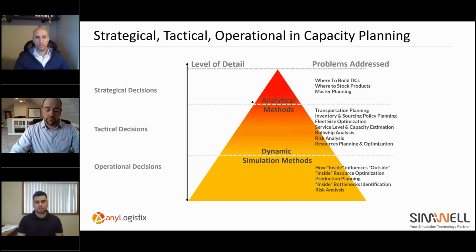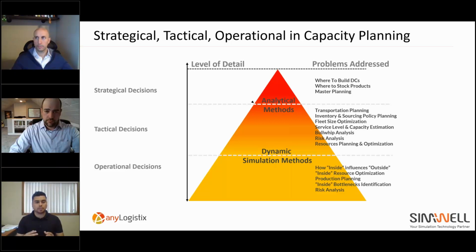And obviously, each one of these sectors, as you go down the pyramid, goes from a strategical decision, where let's just say you're increasing a site, dropping a site, or moving a site somewhere, right, to a tactical approach, which is how to implement something, right? Should we rent or purchase that location? So it gets more tactical as you transition from analytical, which is network optimization, or GFA or TEO, transportation optimization, into simulation. And last but not least, at the bottom of the pyramid are operational decisions.